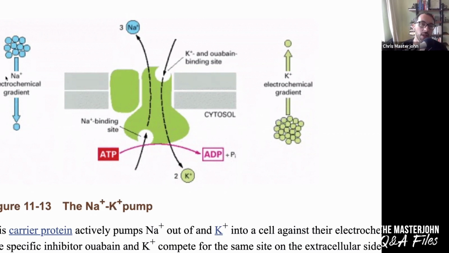Now, to take advantage of this, you stick a membrane in the middle. This is analogous to using water power with a dam, right? So water that is high up wants to go down because of the law of gravity. And so to get from high to low, water releases kinetic energy. But if you want to use that kinetic energy, you want to be able to control it. So what you do is you put a dam there.